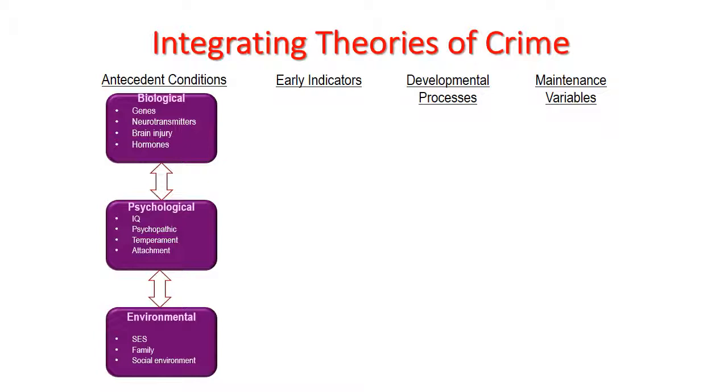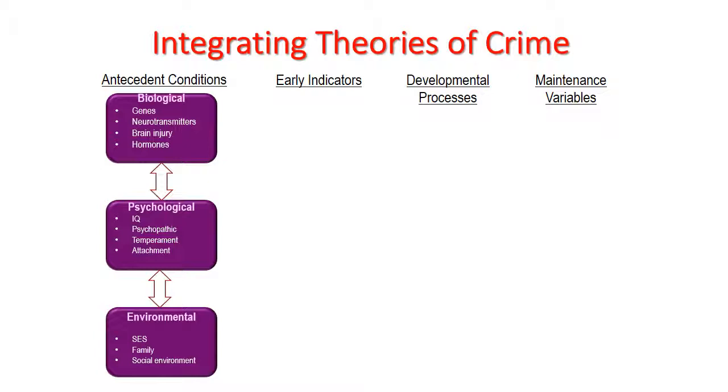As we have covered, these biological factors could include the influence of genetics, how an imbalance of neurotransmitters may encourage aggressive behaviors, for example, brain injury and how injuries to certain parts of the brain could cause somebody not to think as rationally or may cause somebody to behave more impulsively, and also the roles of hormones such as testosterone, for example, in the occurrence of aggression.